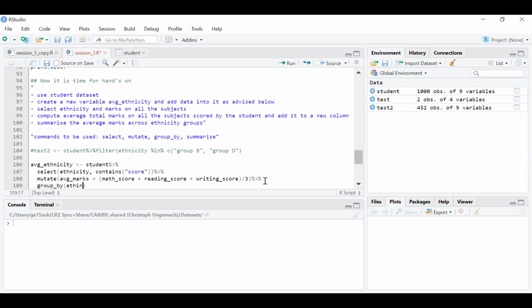And group by. Understand that the group by function is applied to categorical data, so it's a kind of group data. Don't apply group by for numerical data. For example, you cannot apply the group by command for a math score or reading score. There is no point because it's numerical data. Okay. Ethnicity,